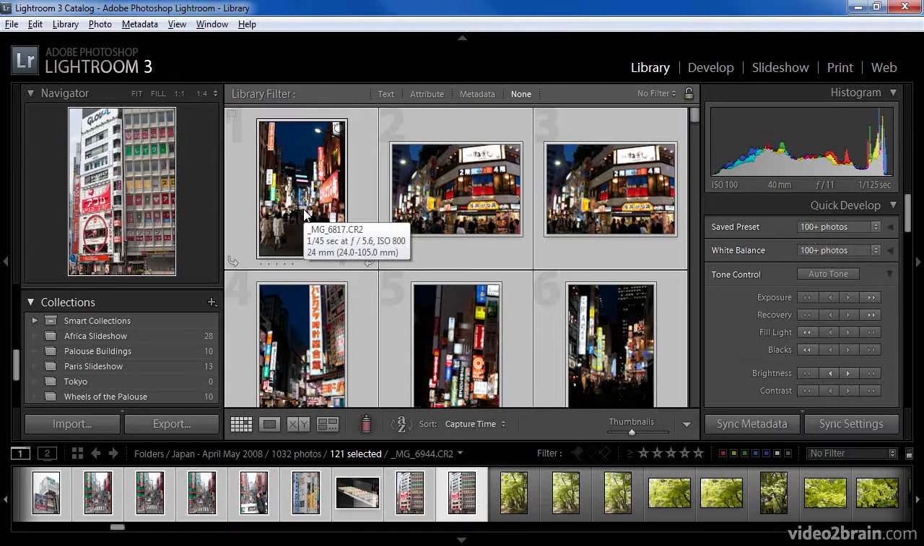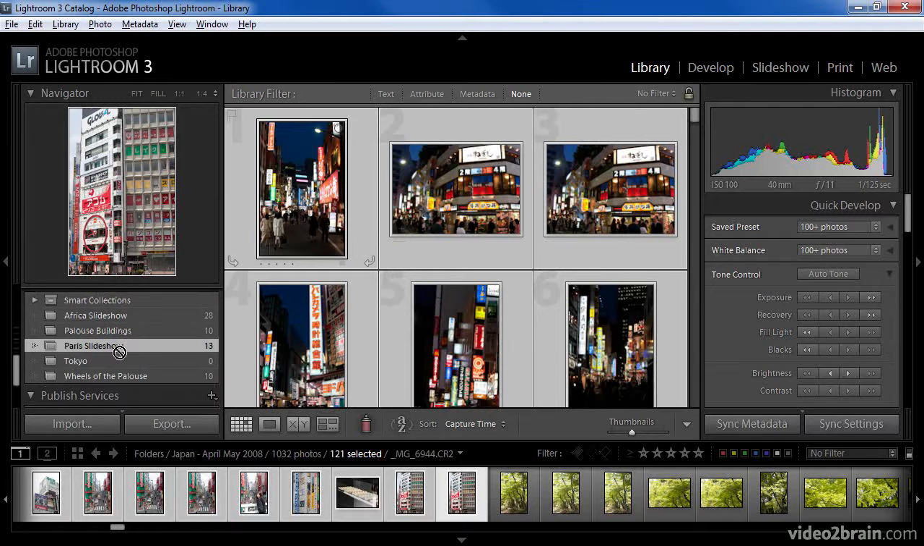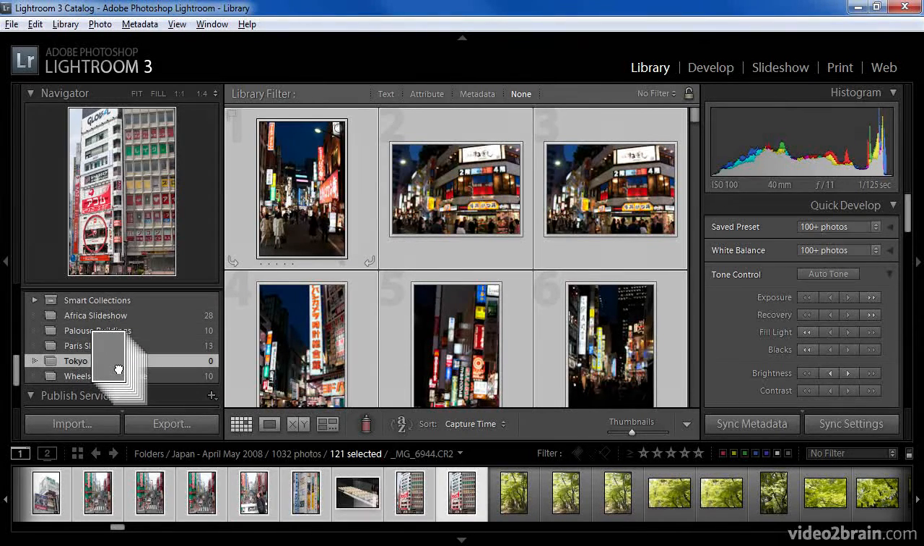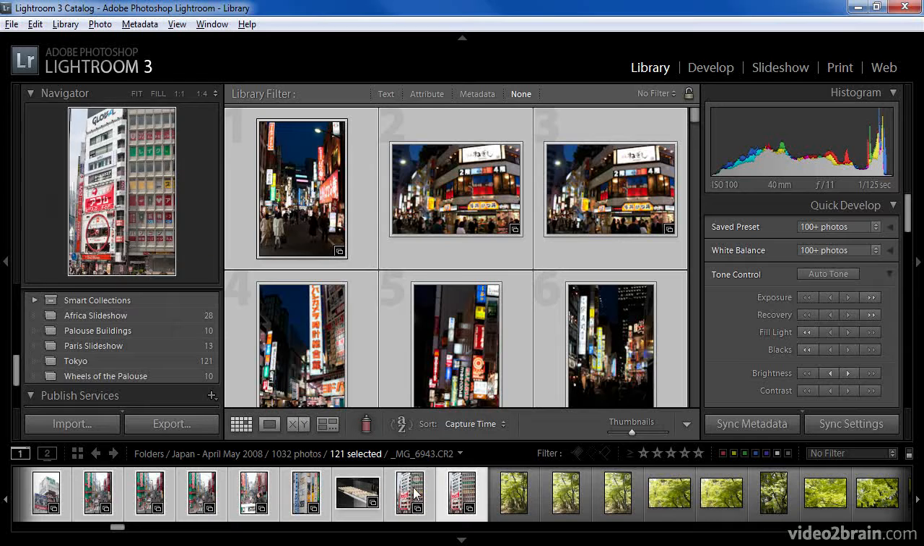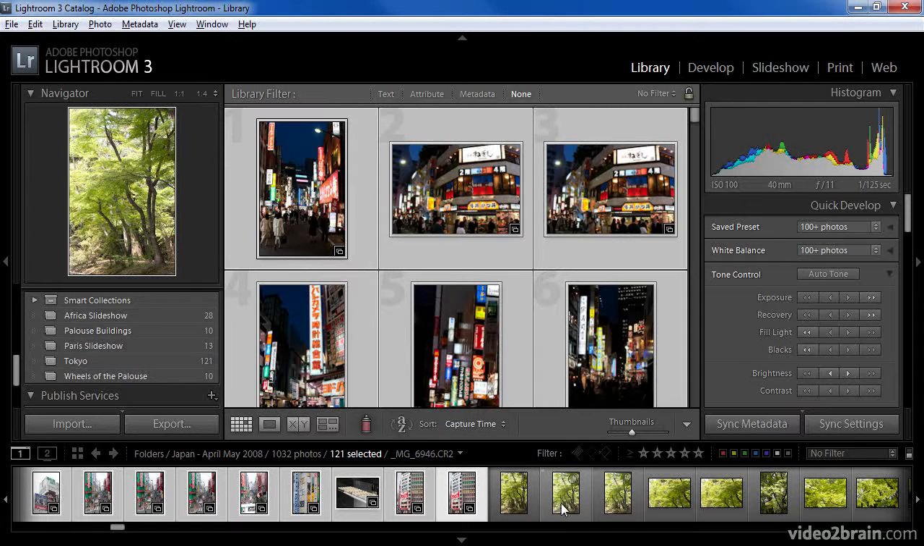There are now a variety of ways that I could add these images to my Tokyo collection. The easiest way in my mind is to simply drag and drop the images onto the Tokyo collection. As you can see, when I release the mouse, all of those images will be added to the collection. But they've not gone anywhere. I can still see both the Tokyo and the Kyoto images because at the moment, I'm viewing my Japan folder,